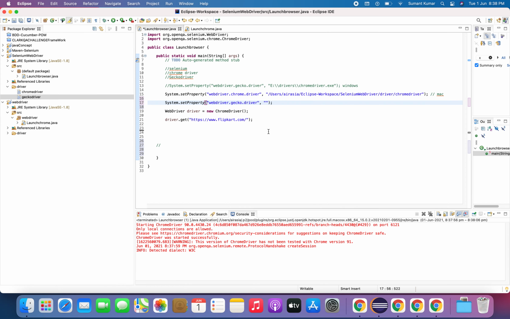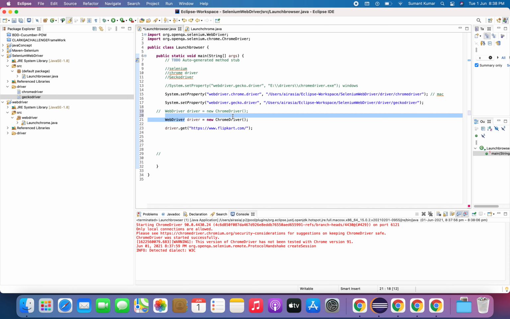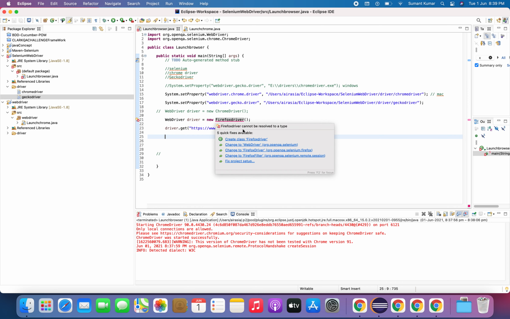You can put it here, and this time, instead of ChromeDriver, I will give Firefox. So instead of new ChromeDriver you have to give FirefoxDriver, and you have to import this.